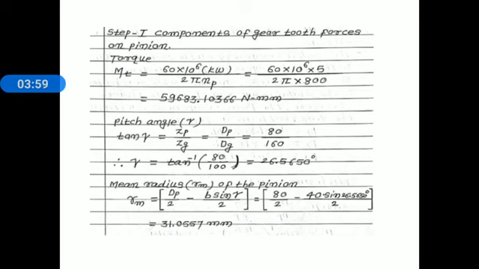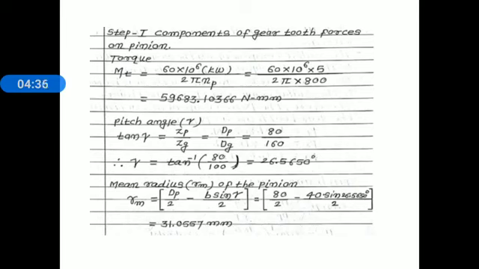Okay, first of all we find the torque M suffix t. We know the relation 60 into 10 to the power 6 into kilowatt divided by 2 pi n suffix p. Now here substitute all the values in this relation. 60 into 10 to the power 6 into 5 divided by 2 pi into 800. Simplify. After simplification, we get a value of torque M suffix t is equal to 59,683.10366 Newton millimeter.